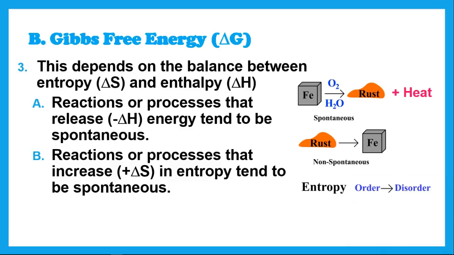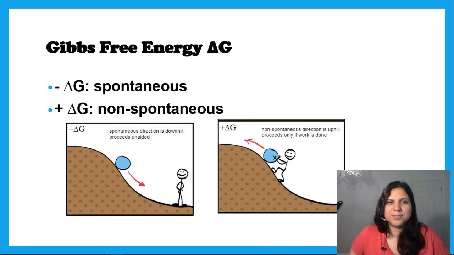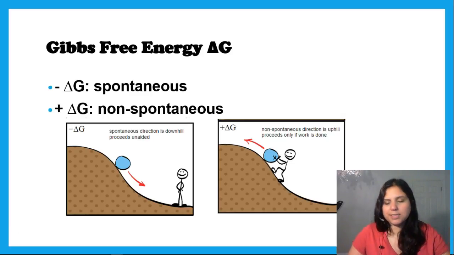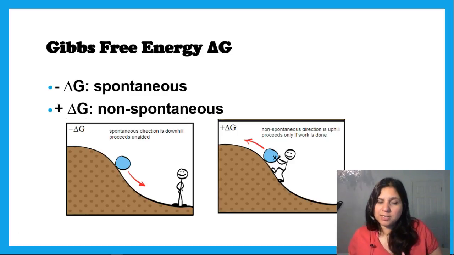In terms of entropy, we want things that are naturally going to happen. That is definitely disorder. So if a reaction increases the amount of disorder, then it is most likely to be spontaneous. Okay, so here comes the tricky part. You know that delta H being negative lends towards spontaneity. Delta S being positive lends towards spontaneity as well.